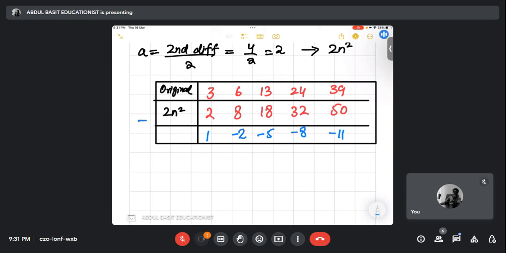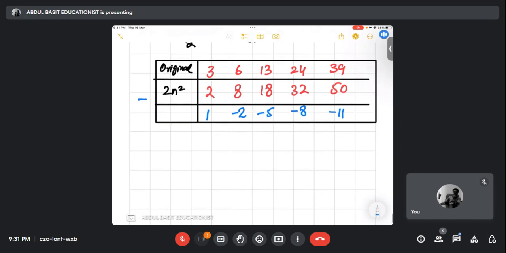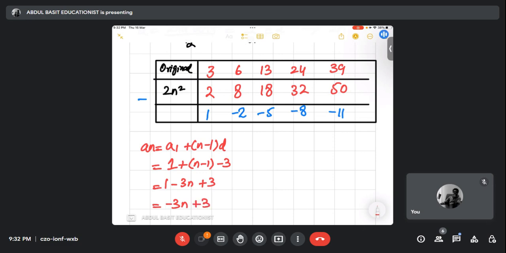फॉर्मूला बना के 2n² के साथ लिखेंगे और वो पूरा फॉर्मूला ऊपर लिख देंगे, तो हमारा फॉर्मूला बन जाएगा। सो यहाँ पे वी नो दैट द डिफरेंस इज -3, हमें नजर आ रहा है। सो an इज इक्वल टू a1 प्लस n माइनस 1 इंटू d। सो a1 इज द फर्स्ट टर्म प्लस n माइनस 1 और d इज -3। सो 1 -3n प्लस 3। So -3n प्लस 3 प्लस 1 -3n प्लस 4।